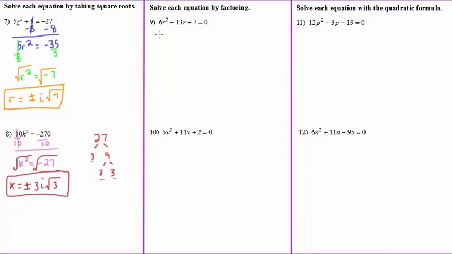All right, 9 and 10 say to solve each equation by factoring. So that means that at some point here we want to have 2 sets of parentheses equals 0, and figure out what the factors are. The method I like to use for this, and I think most of you like to use, is called slide and divide. So we take the 6 and we slide it, so that's r squared minus 13r plus 42